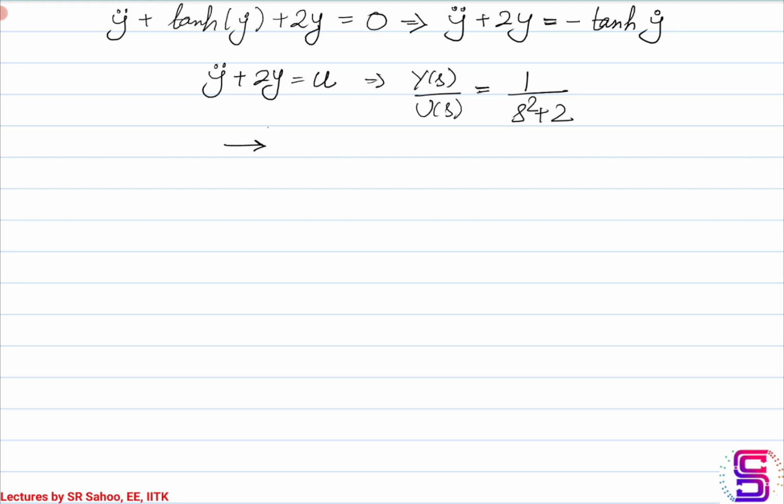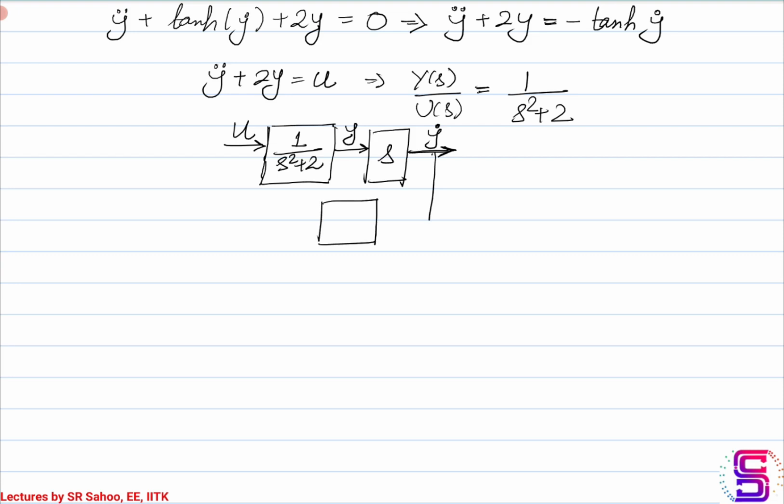Okay, so what you have is some u coming up, passing through 1 by s square plus 2, and then suppose it passes through a derivative block. So what is the output going to be? When it passes through 1 by s square plus 2, the output is y. When this passes through the derivative block, it will be y dot. Now this y dot will pass through a nonlinear block. What that nonlinear block does is take a signal and give the output as tanh of the signal it has taken in. So here the output is going to be tanh of y dot,